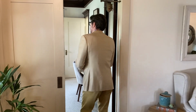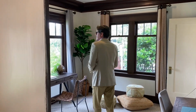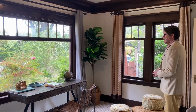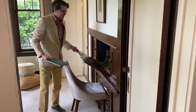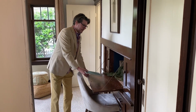So we're back in the living area. Let's take a look at the 2 bedrooms that are downstairs. This one is currently set up as an office. And again, with the very large picture window looking out onto Diamond. Neighbors have a nice garden next door. See out that window. Here's a cool feature. It's this pull-down desk. So you can see that it folds up, pulls out, and you can sit down and